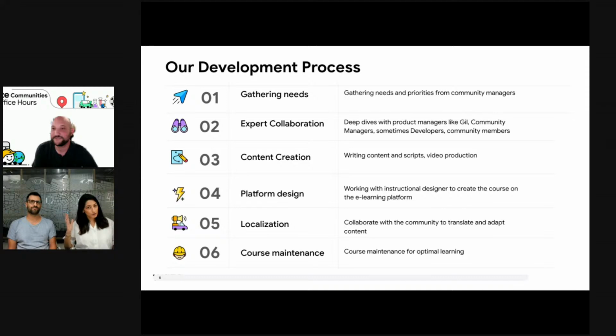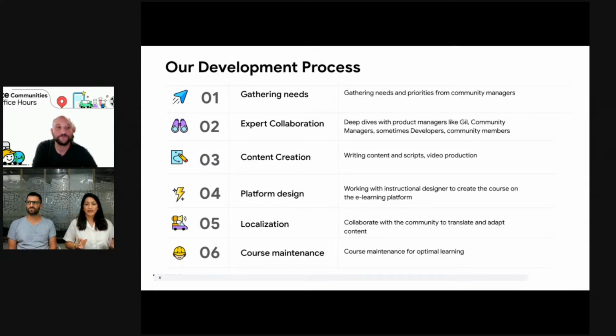Once we have gathered and documented all of the information, we're moving on to the next phase. I think this is where the magic happens, because at that point, we're going to sit down and digest everything that we gathered about a specific topic. And after we digest all of the information, we start to build up what we call a course that is going to be comprised of script writing and content writing. We're going to get into the studio and start to produce the videos. We'll think about the visuals, in what way we need to have them, and what is going to be a GIF, and just lay out a full course that is going to bring end-to-end understanding of a specific topic.